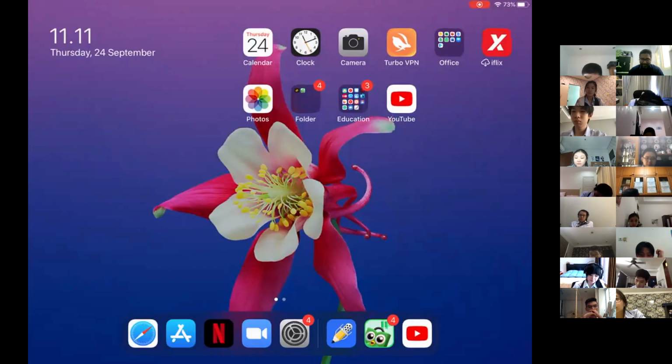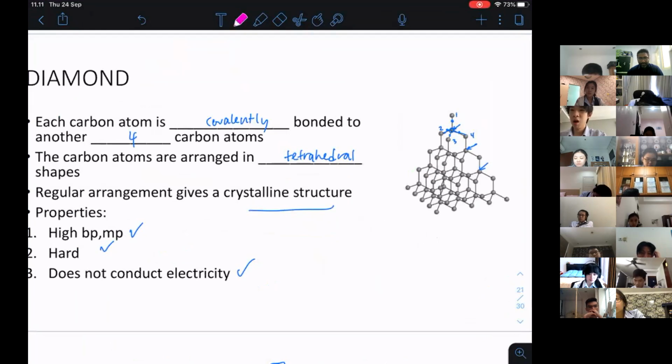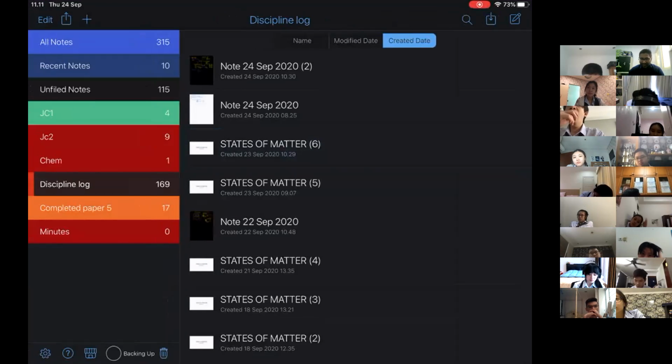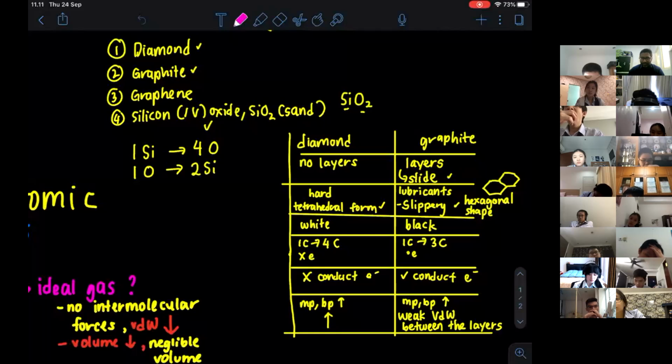But do remember when it comes to the boiling point and melting point of SiO2, they are quite high, because of this structure, the giant molecular structure. So you can just remember silicon dioxide is hard. They are very strong. Boiling point and melting point are high because of this. So now, we will go into